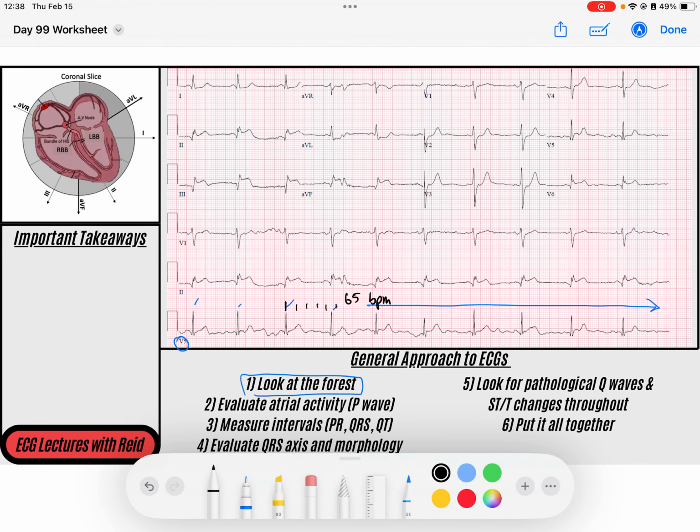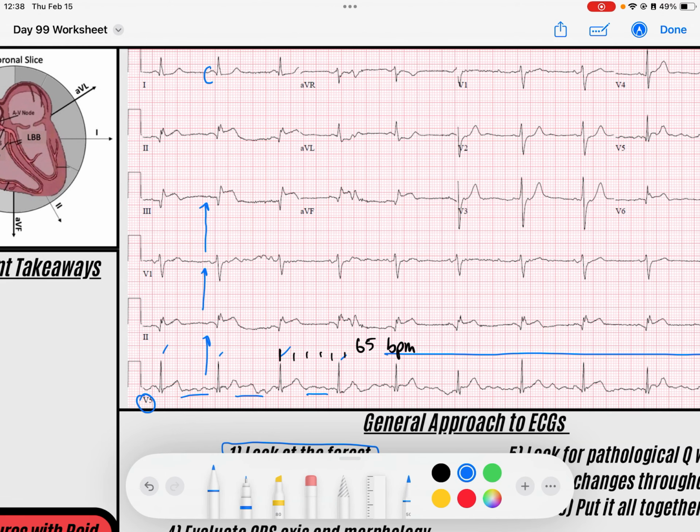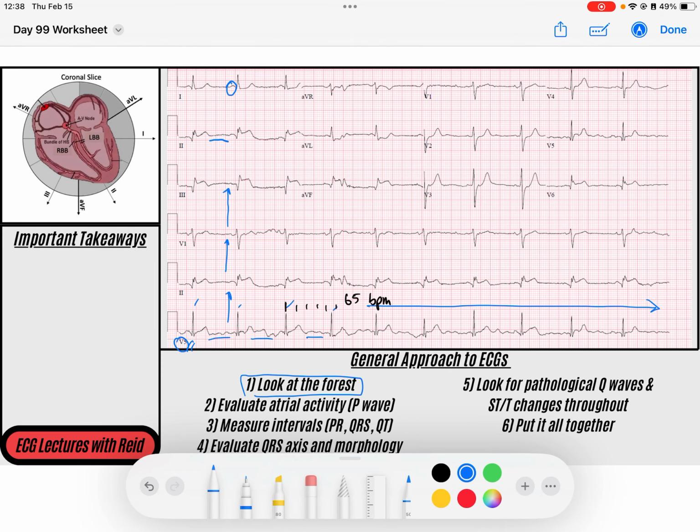I like to just take a glance to see what the P waves are doing. And you can see in V5 here, we've kind of got this ugly baseline where it's just all over the place, and so you might think this is AFib, but I want you to remember that all of the strips that are above you are recording the same exact electrical activity, and so sometimes you have an artifact on a certain lead, but in reality you actually have P waves. Okay, so notice how all of these are nice and flat, but this V5 electrode is a little bit bumpy, right? And so don't let that make you think that the atria is fibrillating,